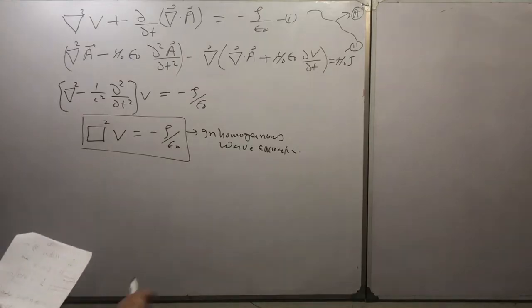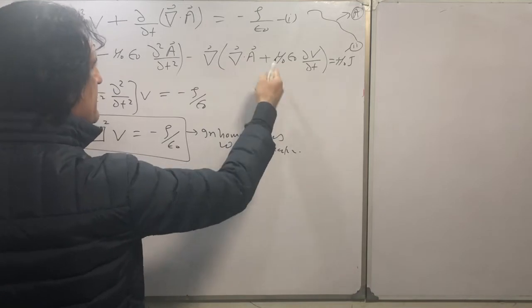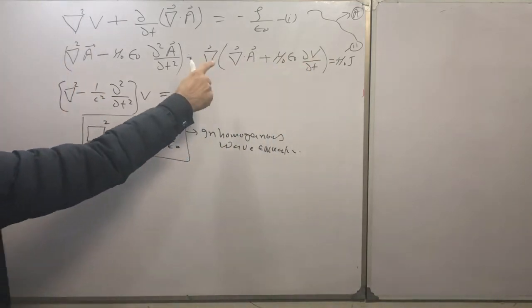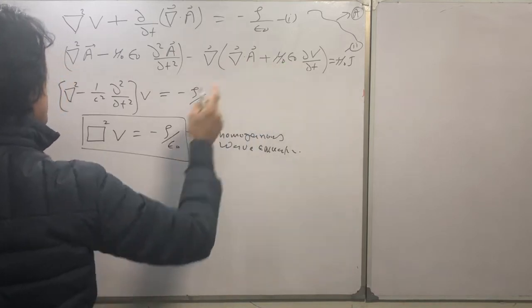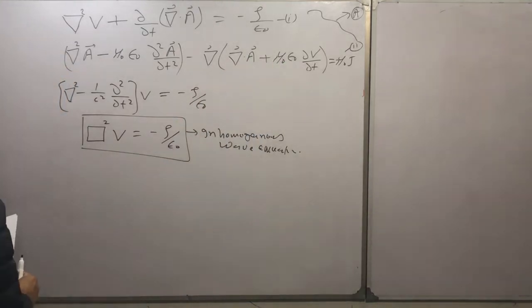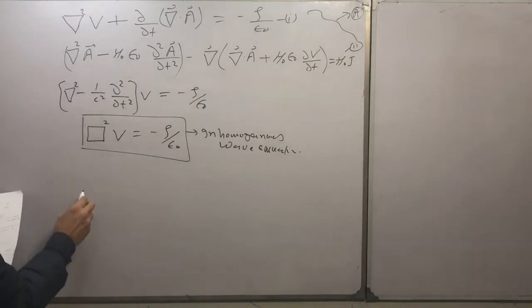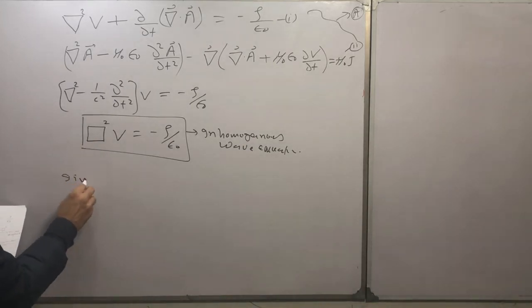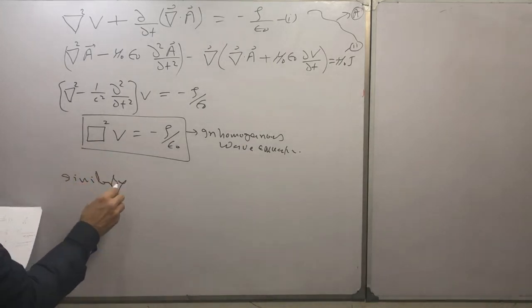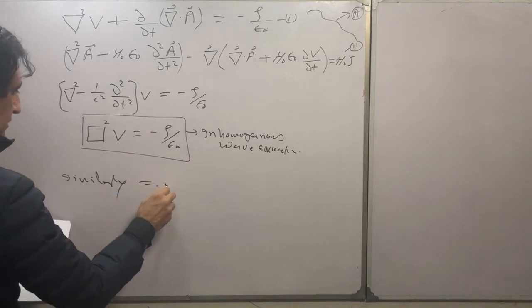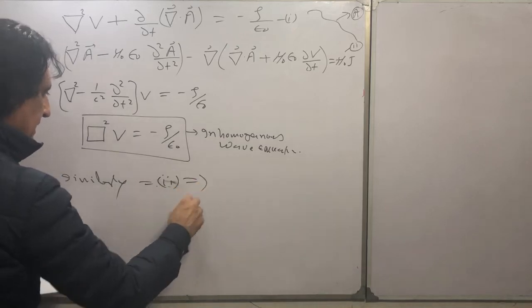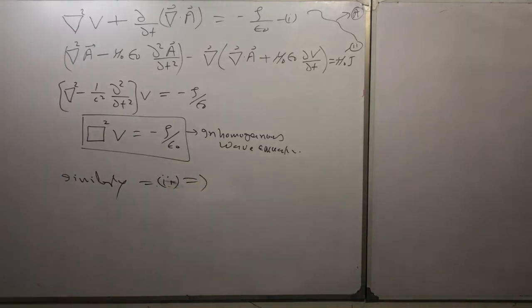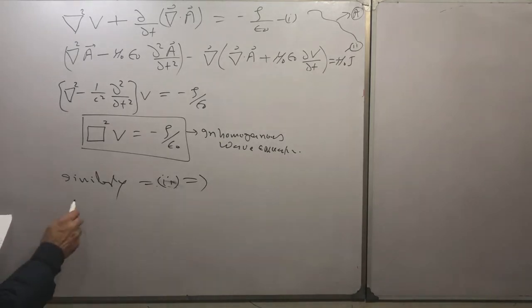Similarly, if we put the value of the divergence in the other equation, this will cancel out with this, and this term will be equal to 0. And similarly, equation 2 implies that